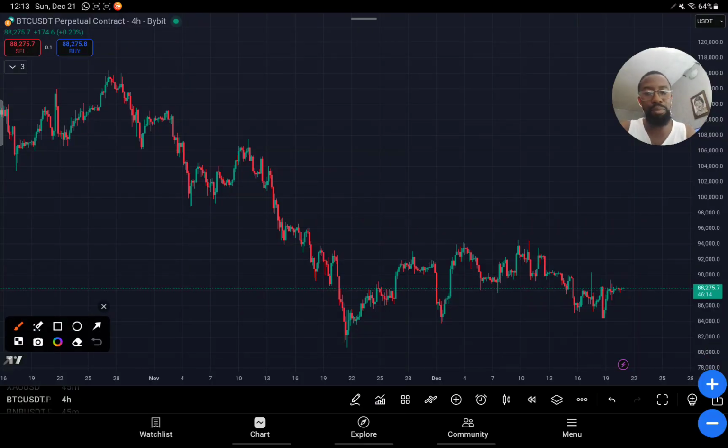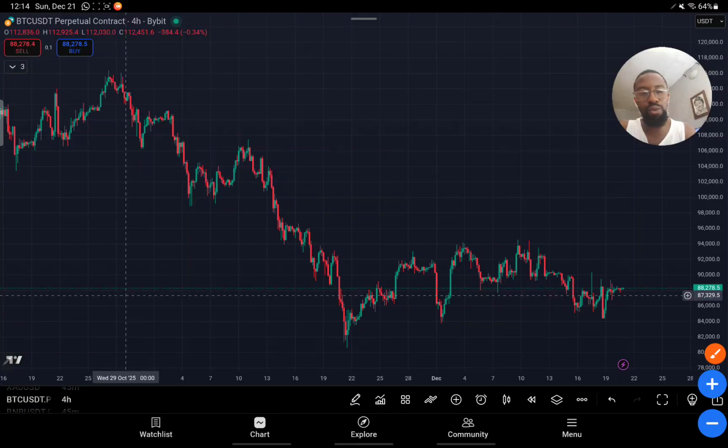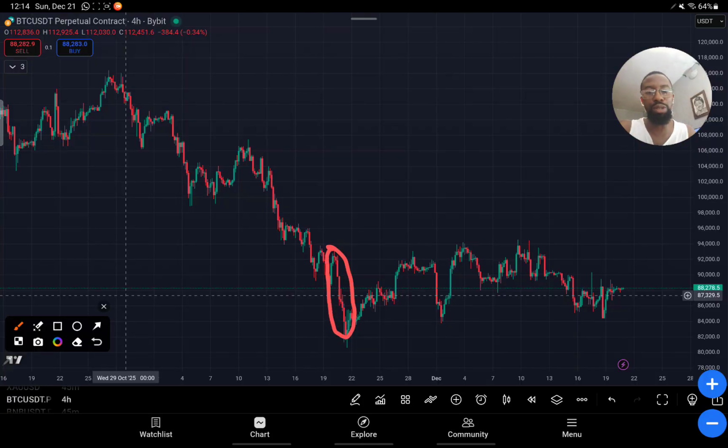I'm going to be showing you an example now. If you check here, you can see that there is this candle. And then what does the market do? The market finds its way back to that zone where you see the candle first started going down. I hope you understand. Another one happened here. You can see that there is this sharp downtrend candle. Now the market finds its way back to that zone and then started going down. It always happens like that.